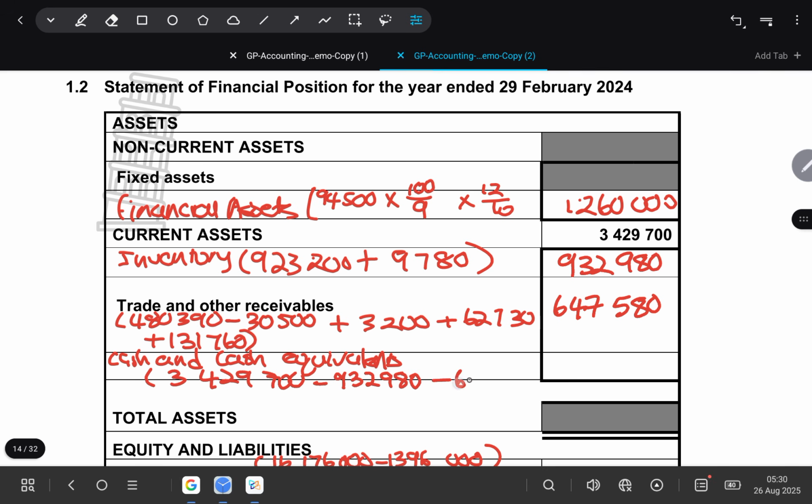Then you also subtract 64,758. Okay, just so that you can earn part marks should you make mistakes. So 3,429,700, we subtract 932,980, and then we also subtract 64,758. It gives us